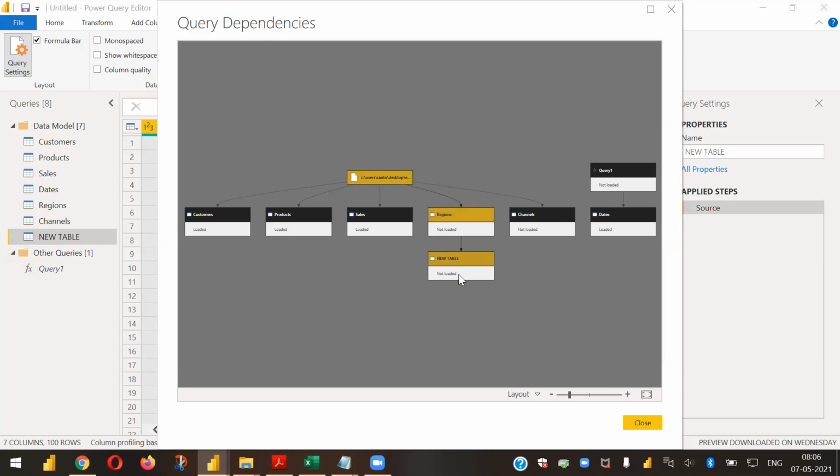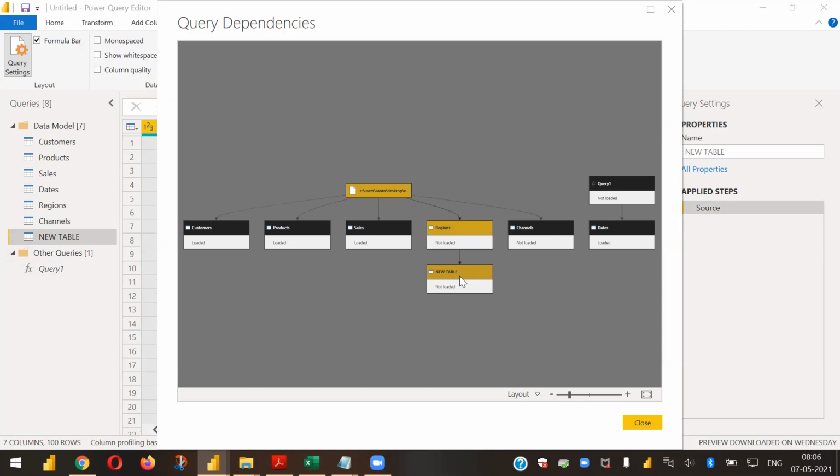I was not getting this, so I just understood. So basically, when you do reference, it references the original table as a source. And the original table source is again Excel. This way you keep on extending your table if you want to reference it. Your new table is dependent on this table, not on the Excel table. It's directly dependent on this table. So this is where your query dependencies will show, and this is useful in some scenarios.